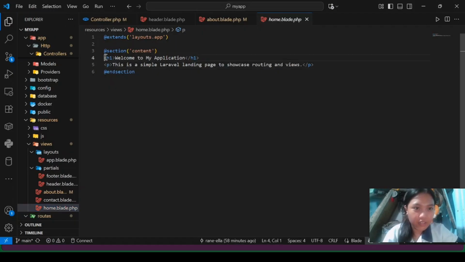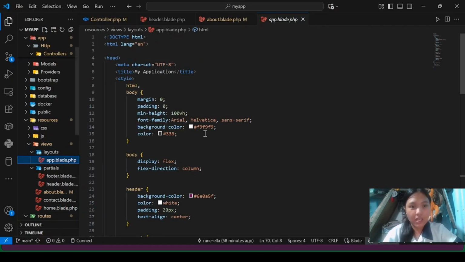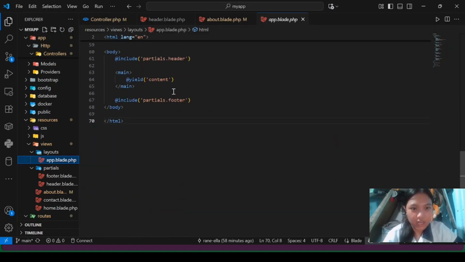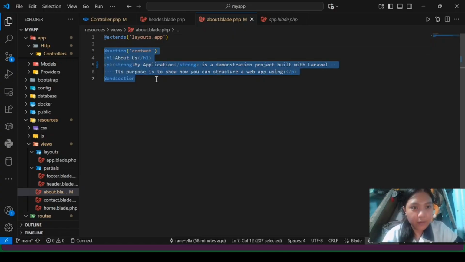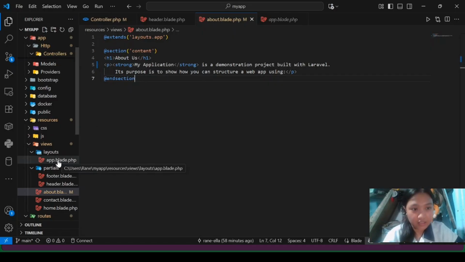So this text right here should be inside our home page. As you can see, in my views I have a layouts folder and then an app.blade.php. This is the CSS code for the side of my website. Observe right here that it extends the layouts.app, which means every content of the about, the contact and the homepage displays the same design that I set inside